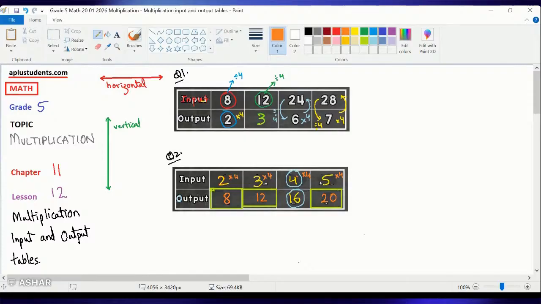We can have the same table in vertical form. When we look at, let's suppose,